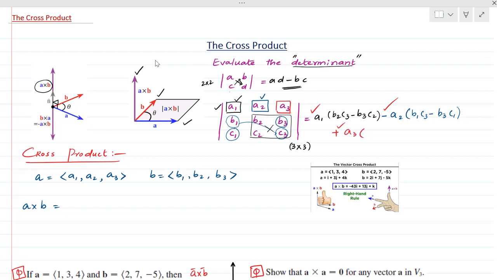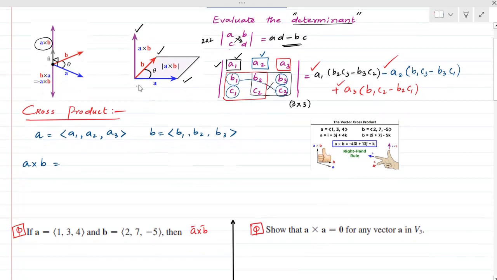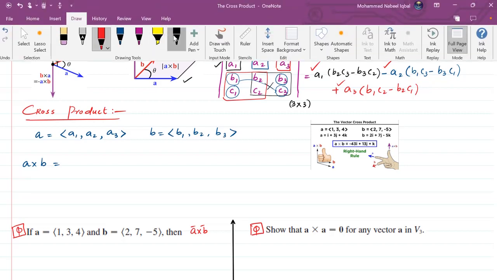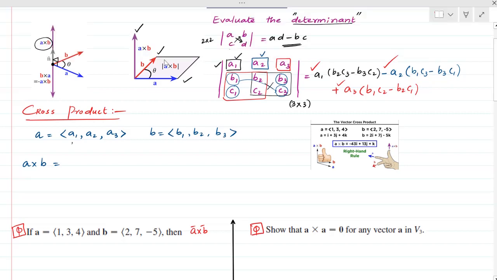Then what remaining part do you have? You have these four parts. So what you'll have is B1C2 minus B2C1. This is the expansion of the determinant of 3 cross 3. Now here we will have a cross product. How will you take the cross product of two vectors? As we already know, this is the